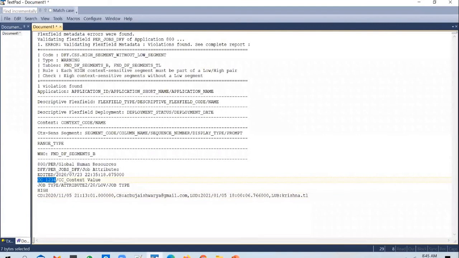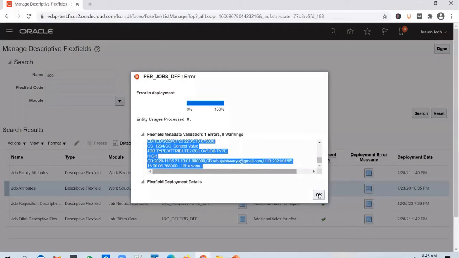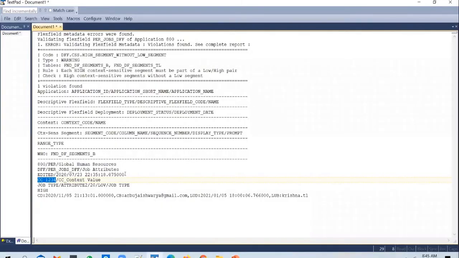in this particular value set, CC_1234. Okay, so when you define segments, you can enable range. You can mention high and low. So what has been done is one of the segments has been marked as high without a low value. So whenever you do that, you get this error message and the flex fields will not get deployed. So when you enable a range, if for one segment you select a value as high, there should be another segment for which you should select a value of low. If you do half of the work, it will result in this error.